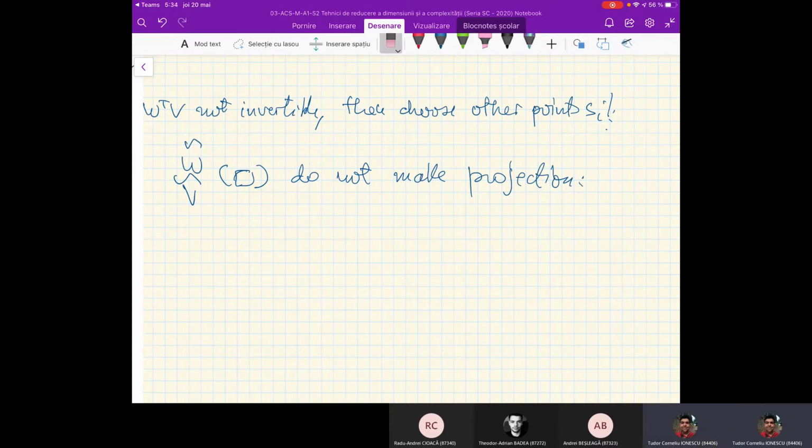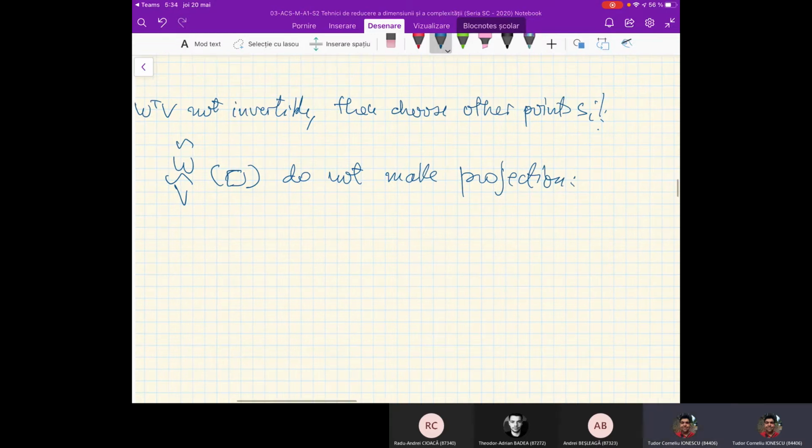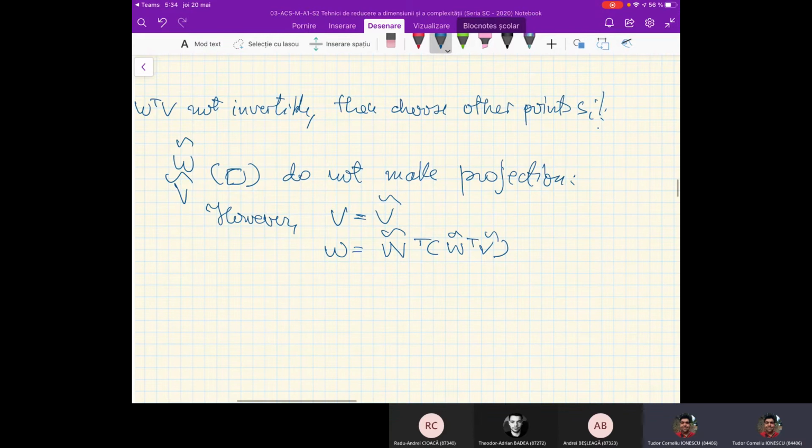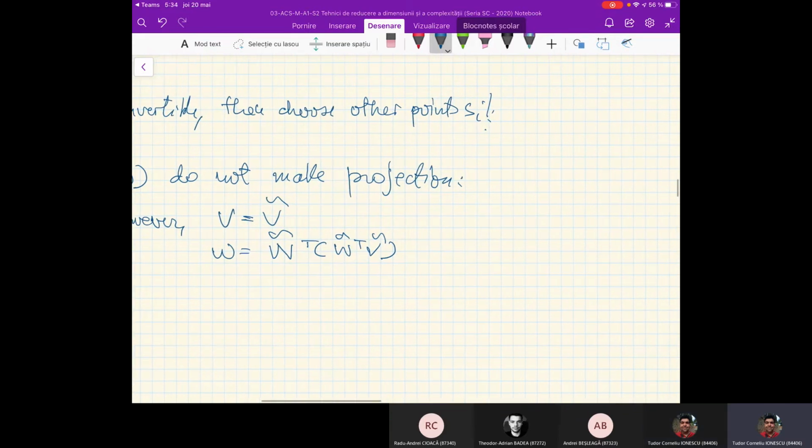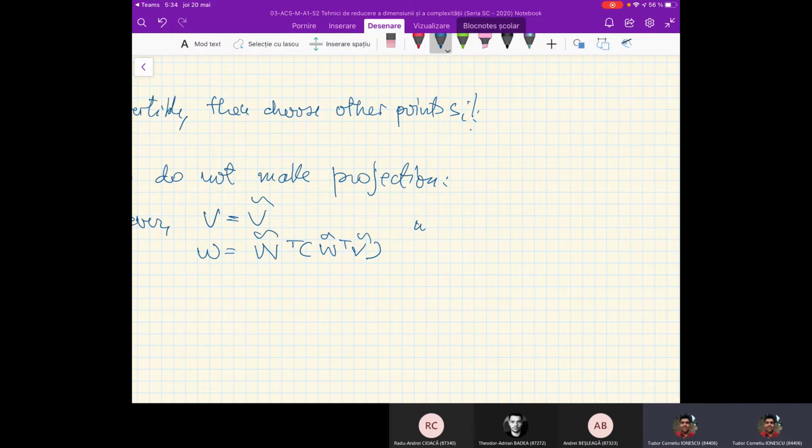However, V like this and W being W transpose V, okay, like this, make projection,